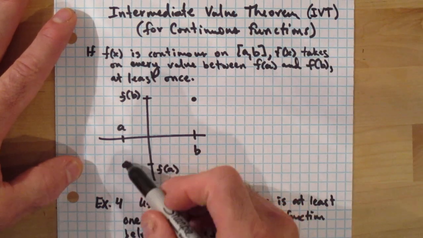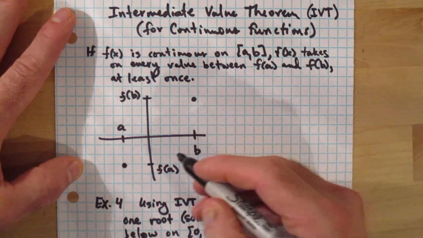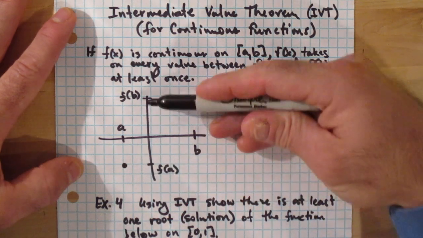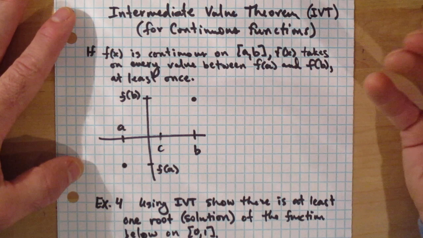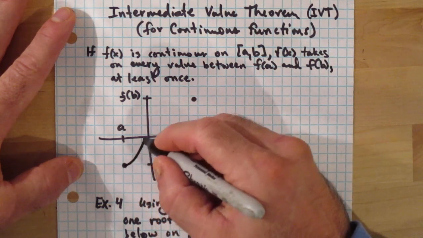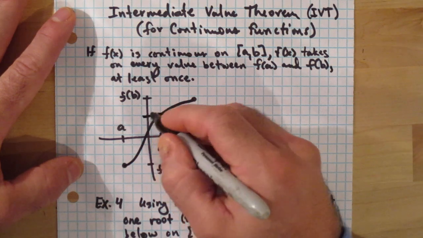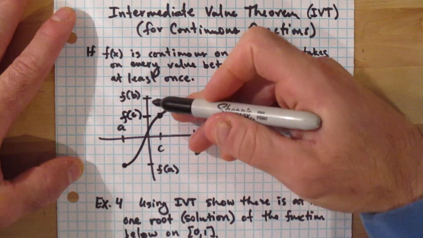So let's say I've got a, and here's f of a, and b, and here's f of b. All that means is that the function has to take on every output between f of a and f of b. So let's say, for example, there's a value c in between. That means that somewhere along the curve, right, f of c will be between f of a and f of